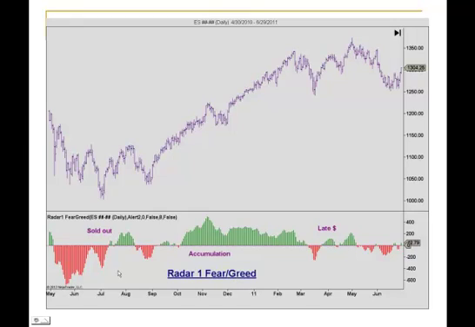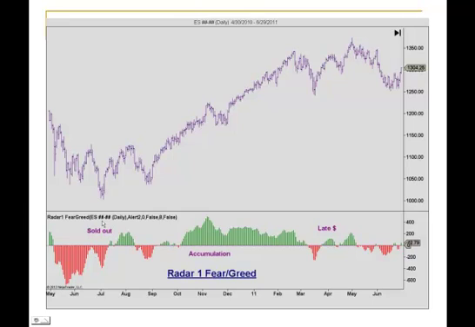Because it's showing us the sentiment behind the price moves, it's also an excellent oscillator to analyze the stage of the market. By that I'm talking about some basic technical analysis, where we like to look at whether we are in a bottoming accumulation pattern, a markup pattern, whether there's a distribution pattern, whether the smart money is selling to what I call late money, some people call dumb money, or where the panic sell-off is. It shows us this because it shows us how strong the buyers and sellers are vis-a-vis